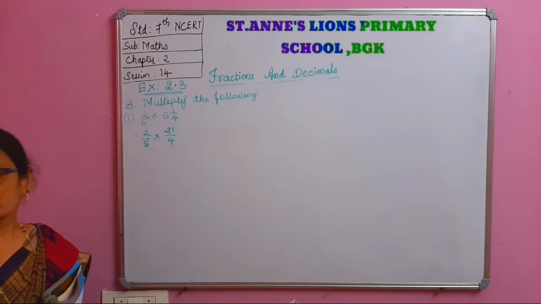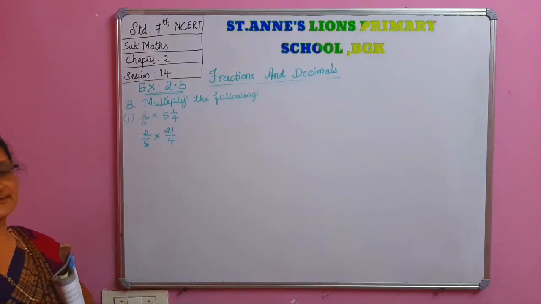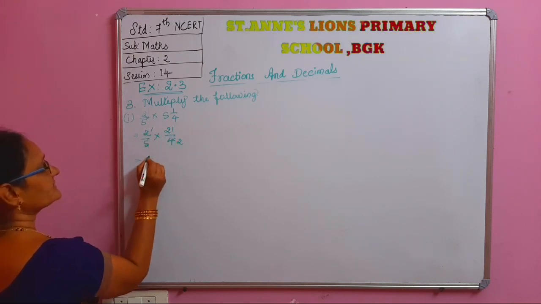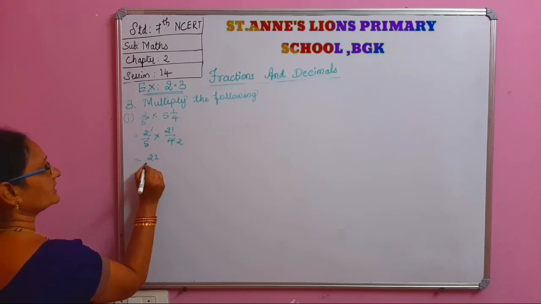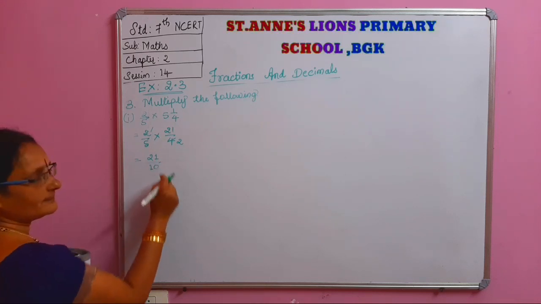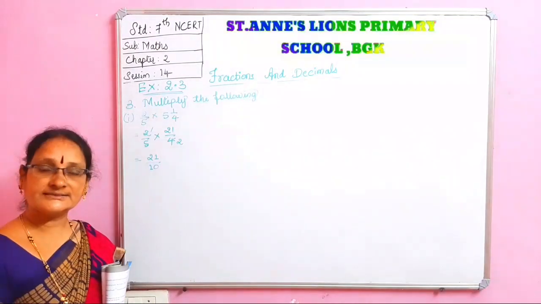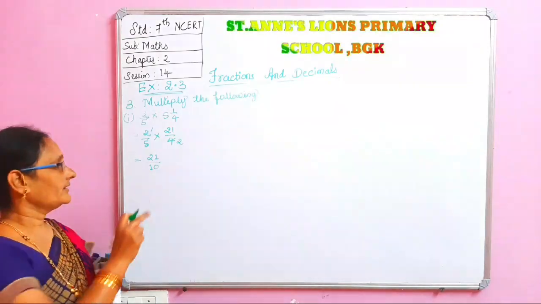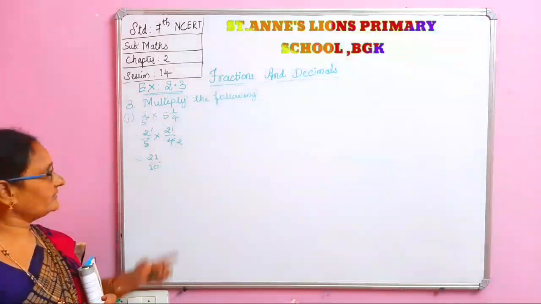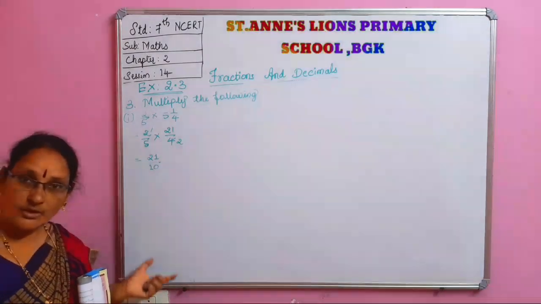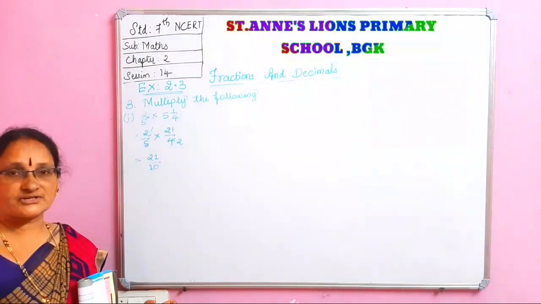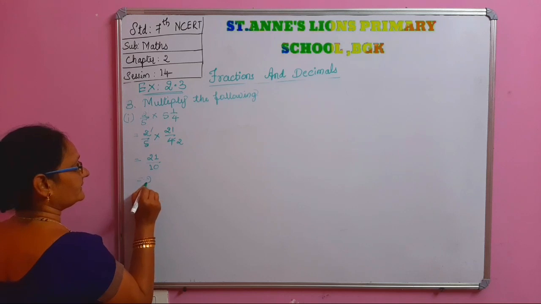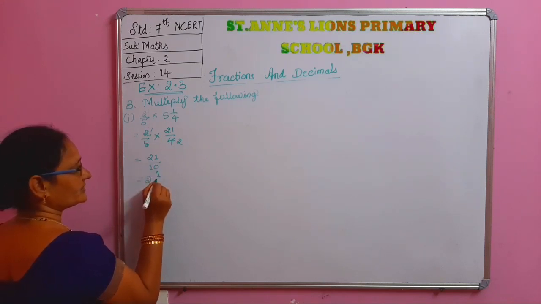Now you see, is there any cancellation possible? Yes. See here, 2 ones are 2, 2 threes are 21 ones are 21, 5 twos are 10. Okay. Now see, this is improper. Always we have to keep the answer in simplest form. Remember this. Improper fraction is not simplest form, because again when we divide this 21 by 10, we get one more mixed fraction. Always we have to keep the fractions in the simplest form. Please remember this. So 10 twos are 20. Here 1 remains. 2 integer 1 by 10.